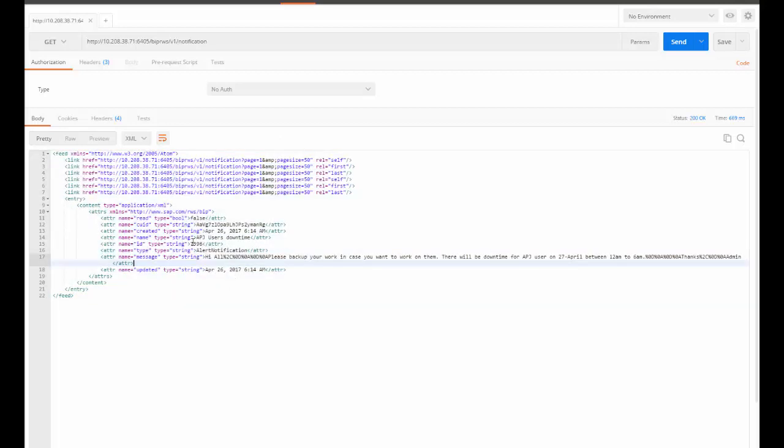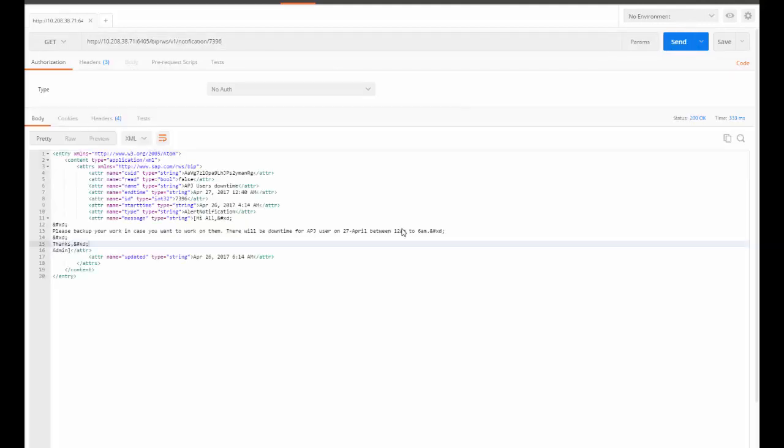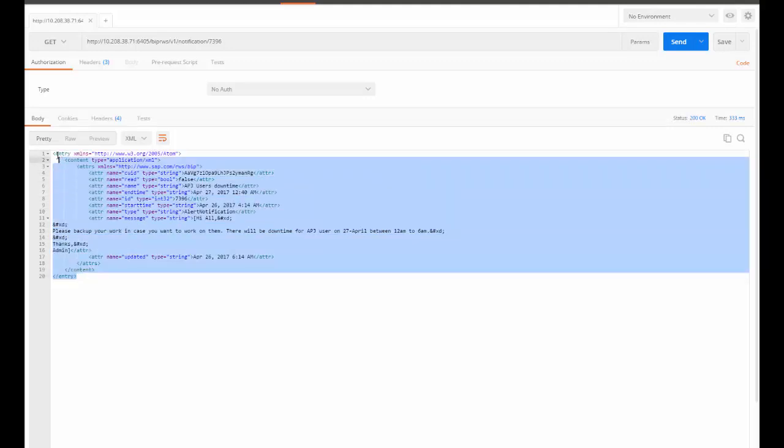If you want the properties of a particular notification and other details to be displayed, copy the ID of the notification and pass it in the URL. When we choose send, we find the statement of the alert and all the associated attributes for that particular alert.